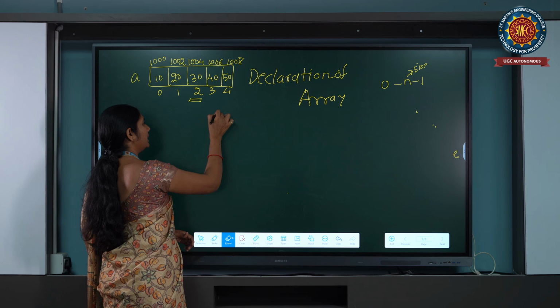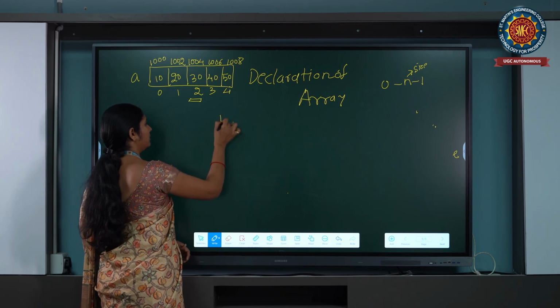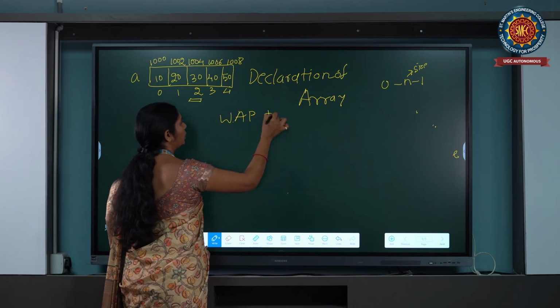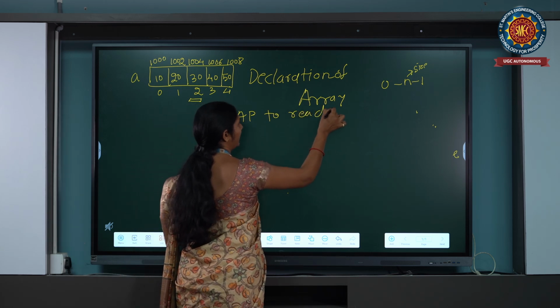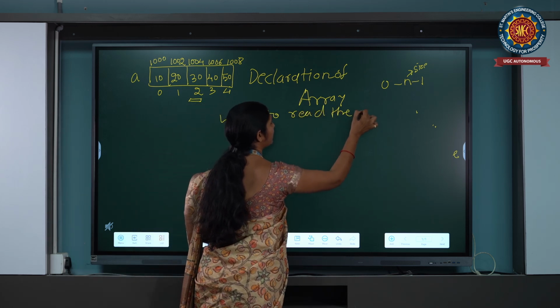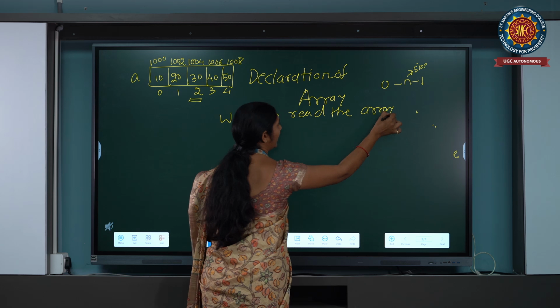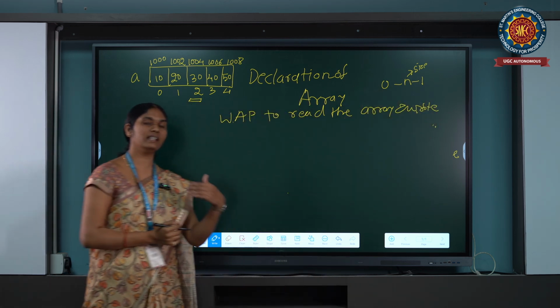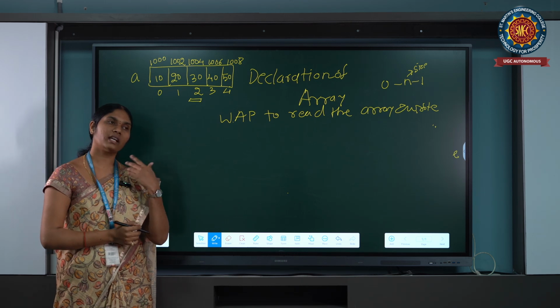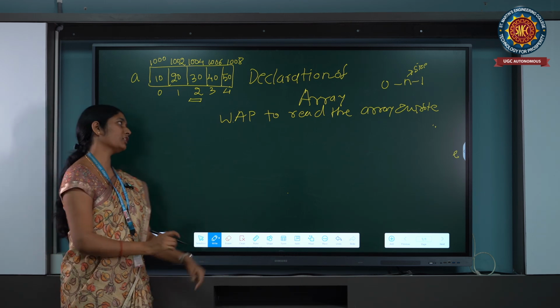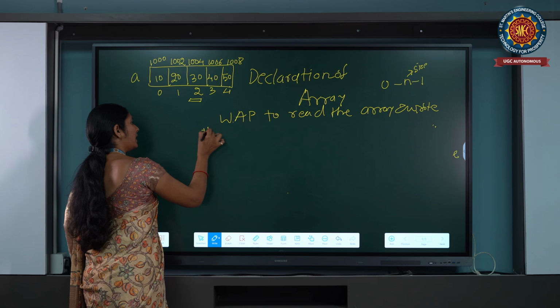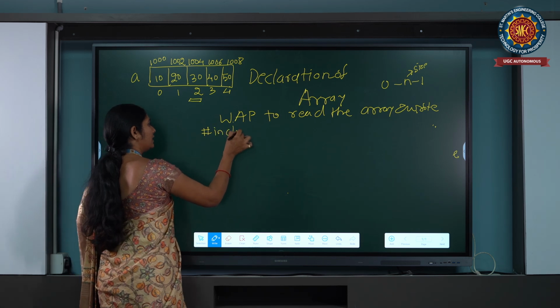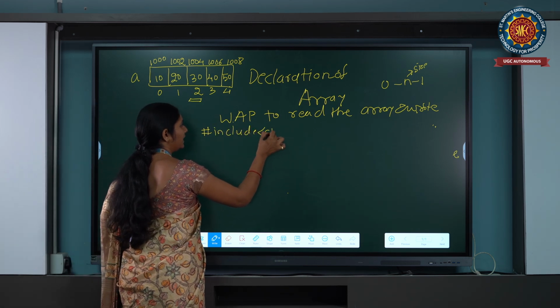Suppose I want to write a program to read the array elements and write the array elements. In 3 ways, what initializations are there? We can use any type of initialization. First, we start the program with #include stdio.h